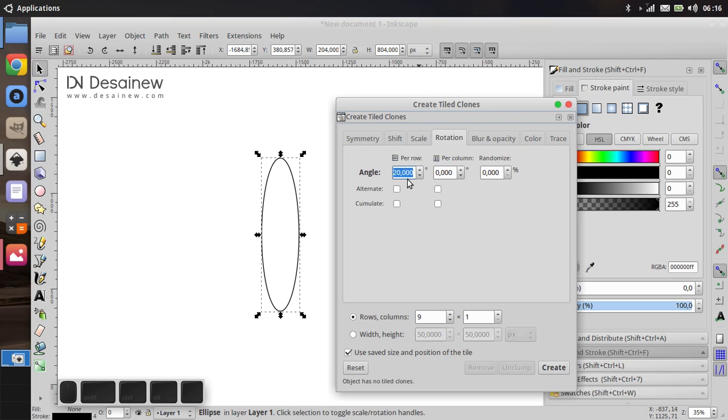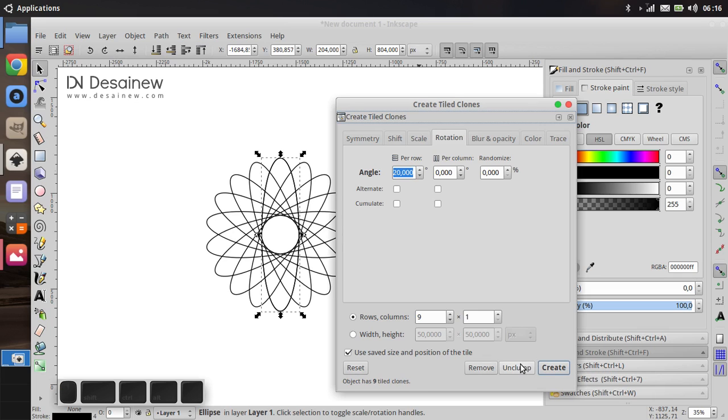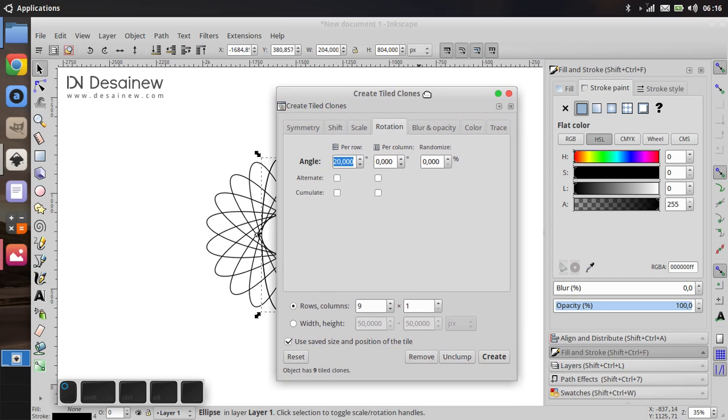For angle per row is 20 degrees, and for rows and columns it is 9 and 1, and then you can click the Create button like this. Okay, you can close the Create Tiled Clones window.